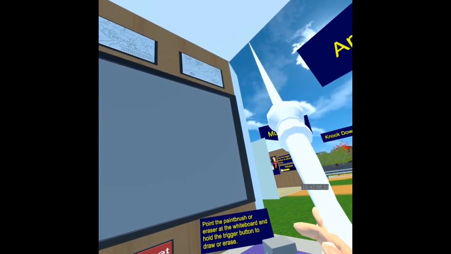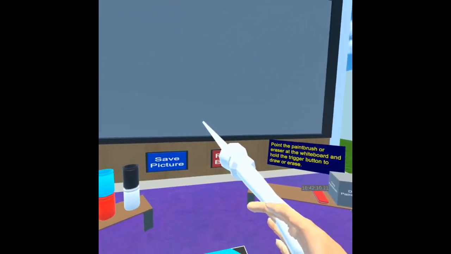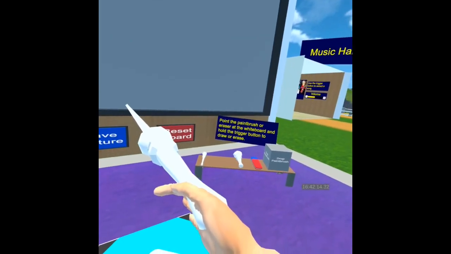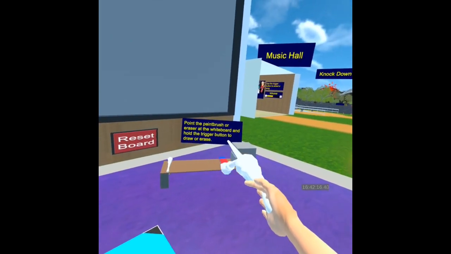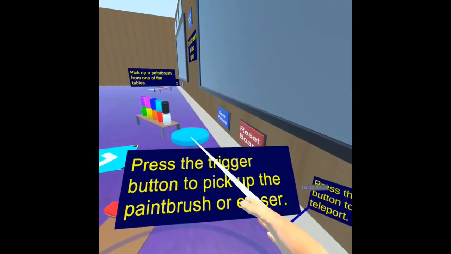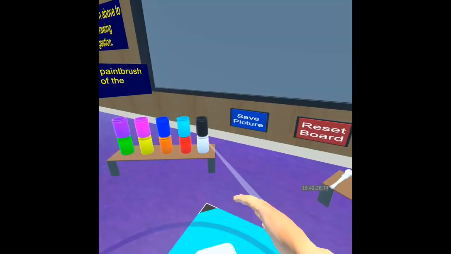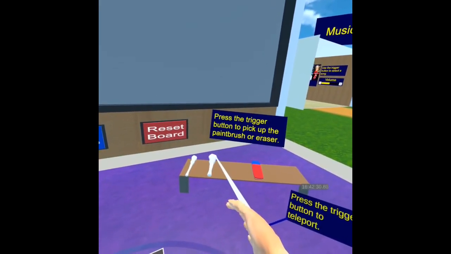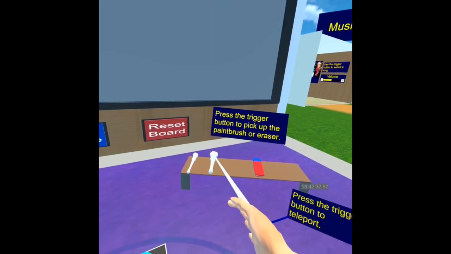It will perform different actions depending on where I am pointing when I press the trigger button. For example, I can point to the drop paintbrush option and move it. It's not perfect, but it was an attempt to acknowledge a way to drop the paintbrush when you're only using one button.